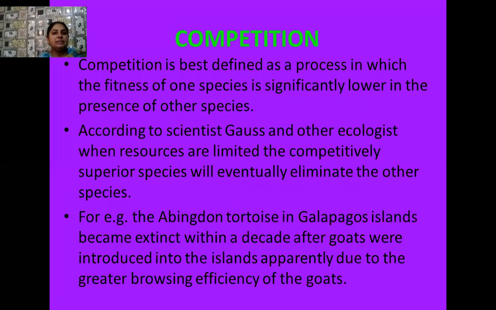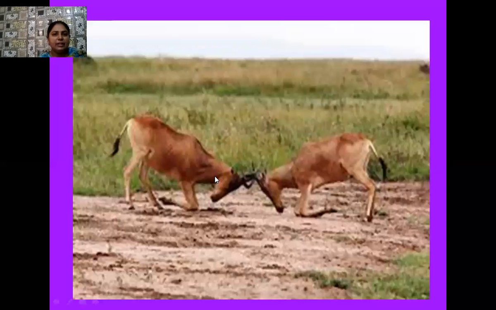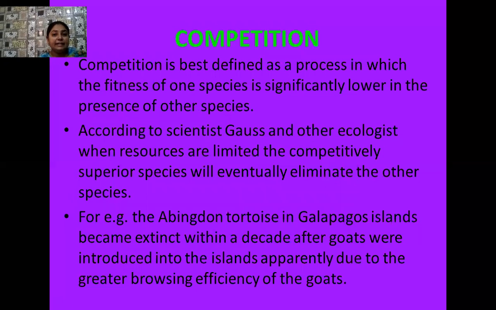Yes, student, competition is best described as an interaction in which the fitness of one species is significantly lower in the presence of the other species. So what the scientist Gause and other ecologists did was conduct certain field experiments, and he and other scientists concluded that when resources are limited, the competitively superior species will eventually eliminate the other species, which is inferior. In order to support this conclusion, the scientists gave evidence,